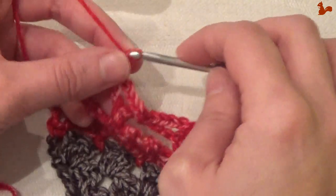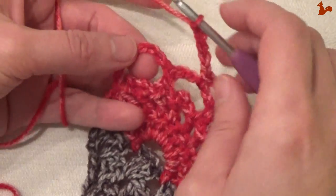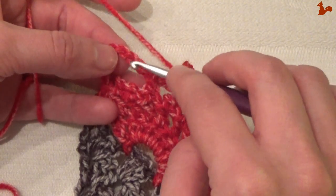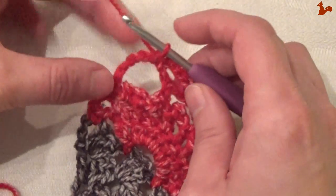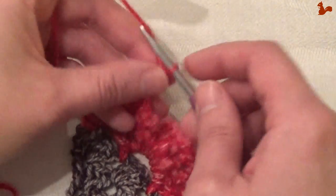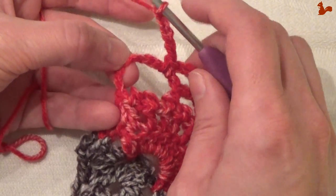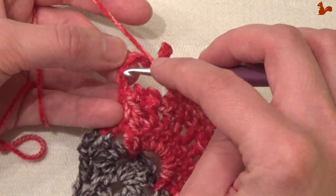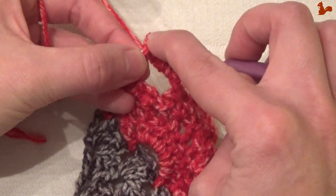I'm going to do a chain 5, and now I'm going to work a single crochet in here, but remember you've got the chain 5 and the chain 3, so you've actually got 2 stitches in here. Work that single crochet as though it's in the chain 5 space, chain 5, 2, 3, 4, 5, and now work a single crochet on the last stitch, and that's the double crochet. That's basically a double crochet here. That's your chain 3. So in that third chain stitch, just going to close in there